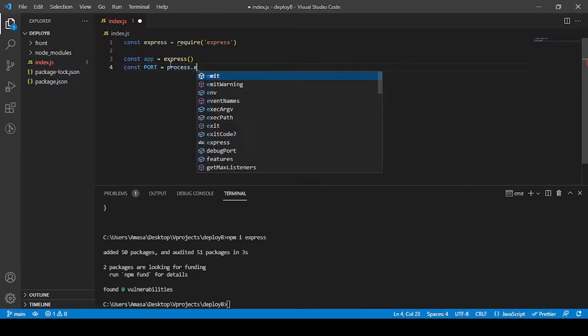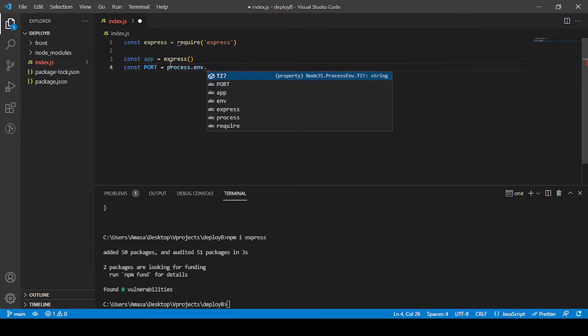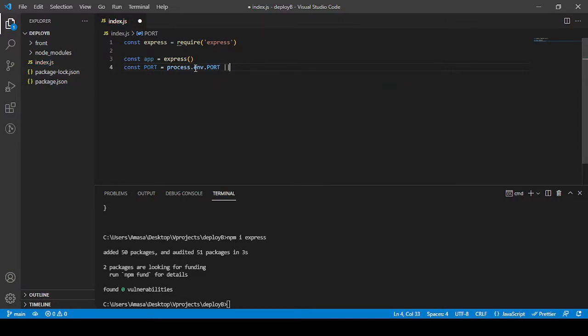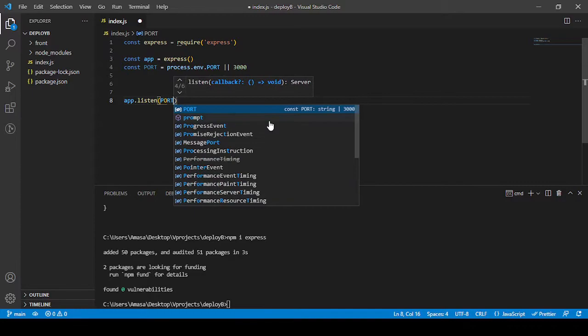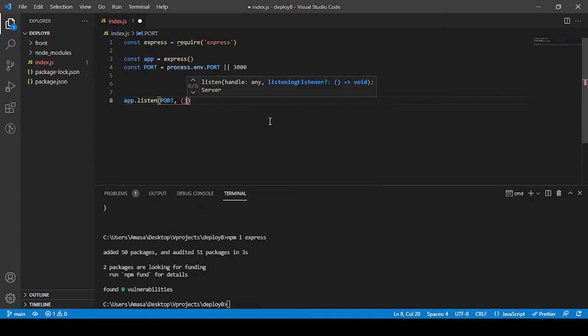Now we are using process.env because Heroku, the platform as a service that will be hosting this application for us, will be giving us this port number from their environment variables. So we don't need to provide this when deploying the application. We are saying either this is available during production, or if we are in development, we have port 3000. Then we say app.listen on port, and we pass a callback here to confirm the server is connected,